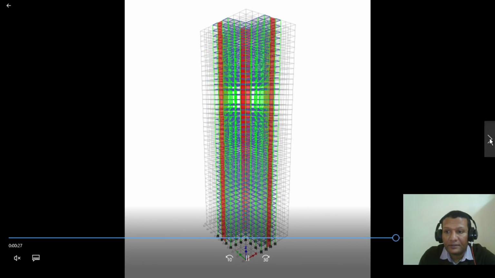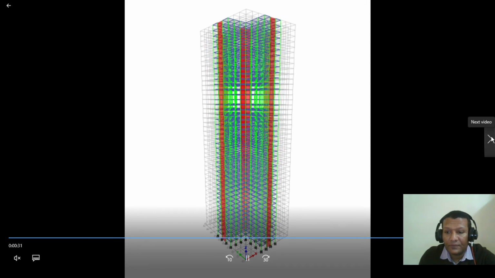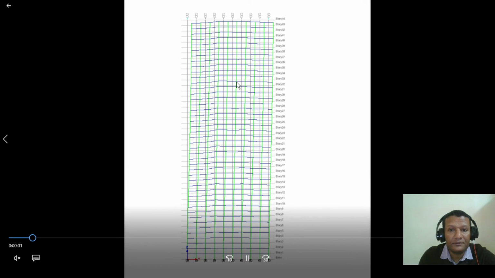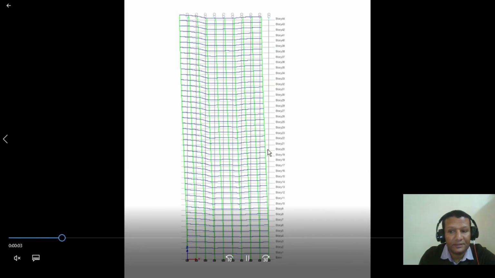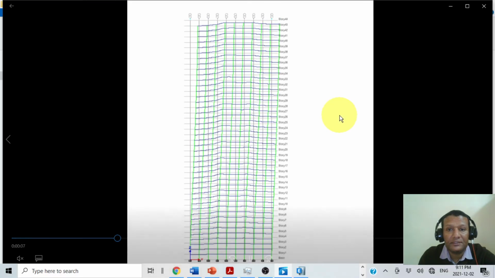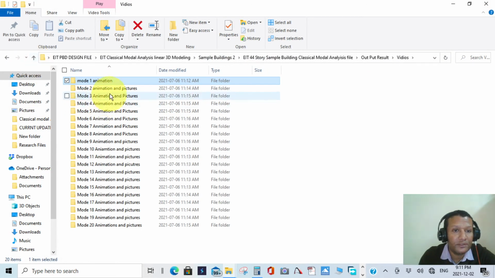And we have also the section, all the same. This is the first mode, just to show you. If we go to the second mode,